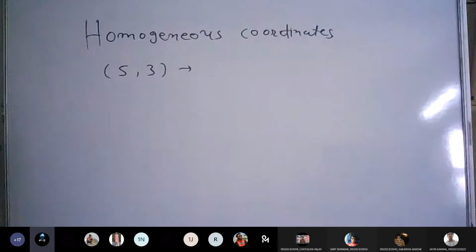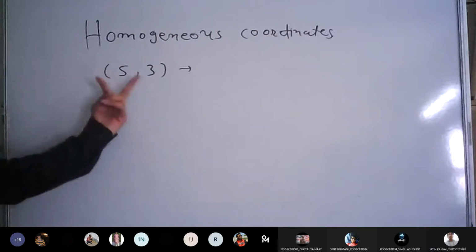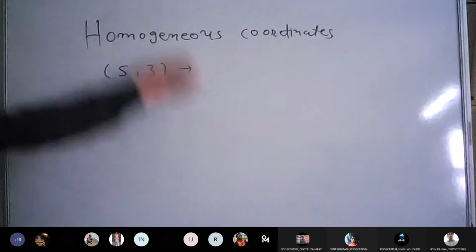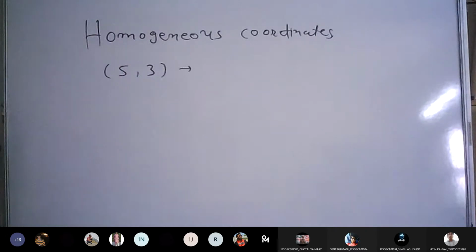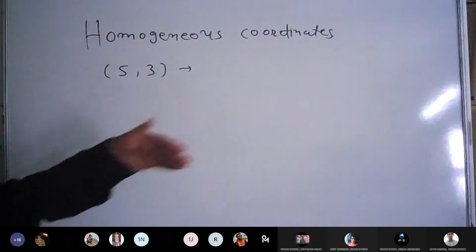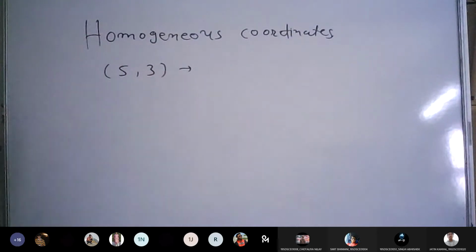Only 2? Sir, n number of values, we can take any value of h. Yes, we will get n number of values. How can I get only 2? I said that whenever you discuss any 2D point, you can have n number of homogeneous values. It depends on the homogeneous parameter h, and you can change the value of h. Every time you can go with h equal to 1, 2, 3, 4, 5. So accordingly, you will get different homogeneous values.